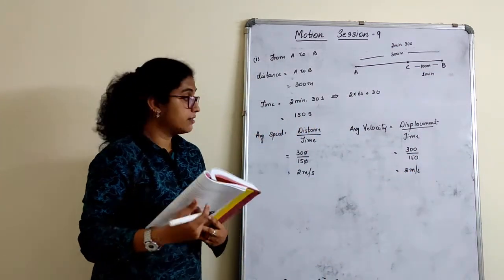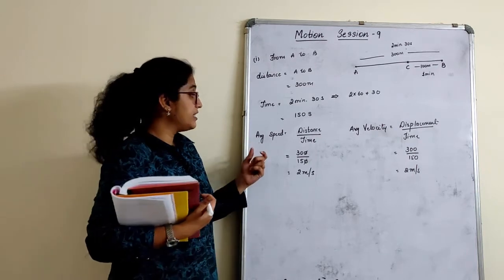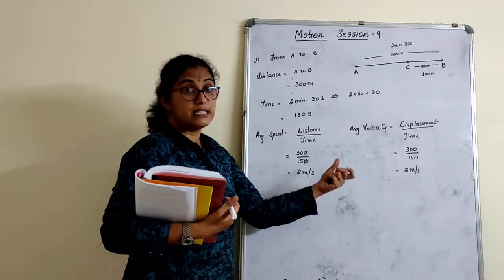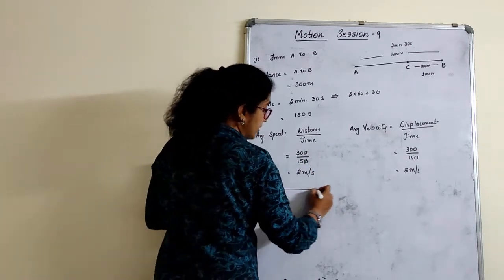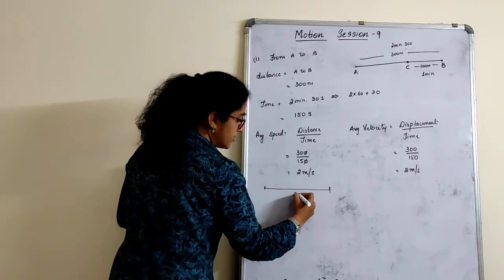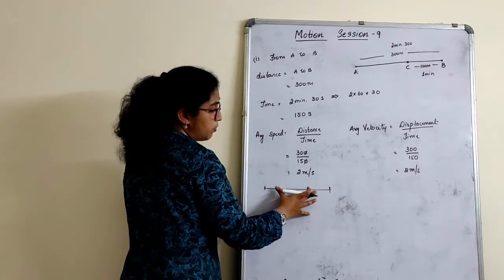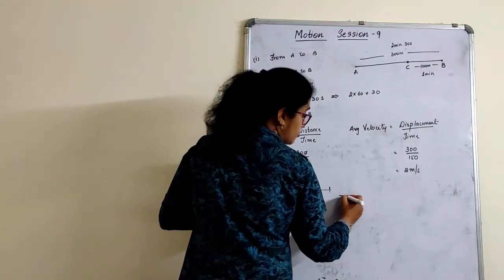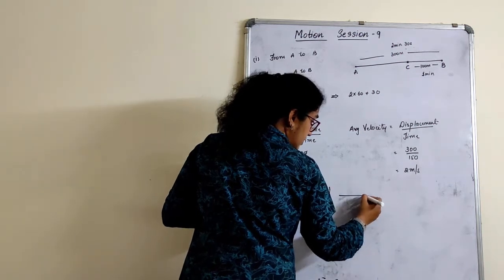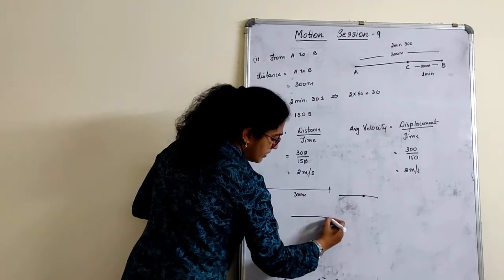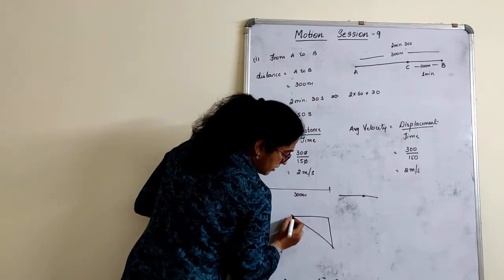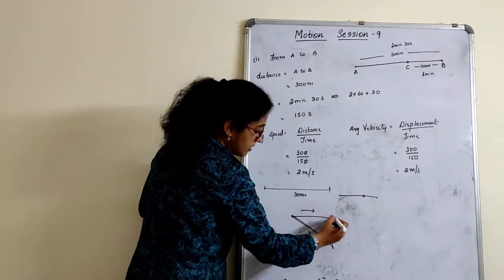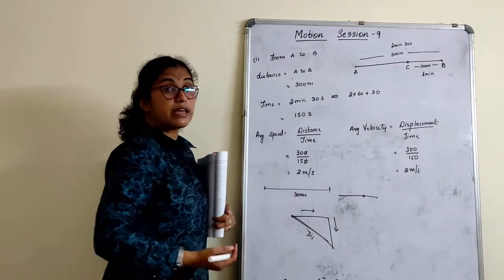There is a question, if you have seen in the theory part: under what circumstances is the average speed of a body equal to the average velocity? They are equal only when the body is traveling in a straight path. If a body is traveling, this is 300 meter. What is the distance here? 300 meter. What is the displacement? 300 meter. But if the body was traveling here, it came till here, then this would be the displacement. Right? But what would be the distance traveled? Distance traveled is this plus this till here, if I had to calculate.